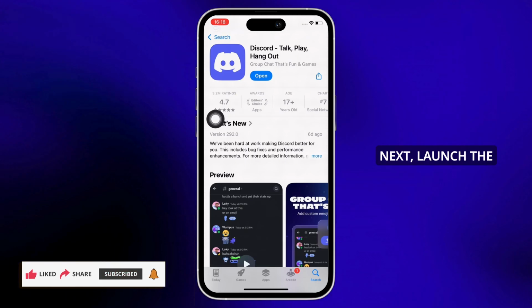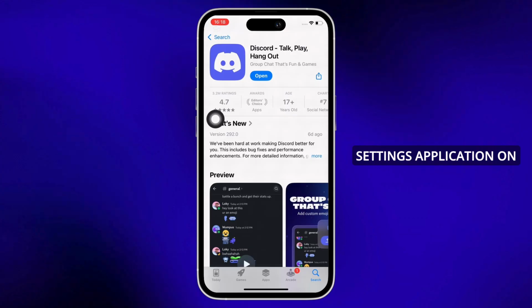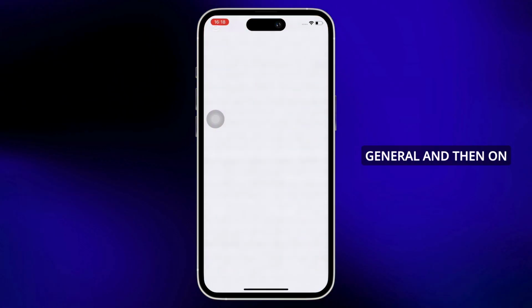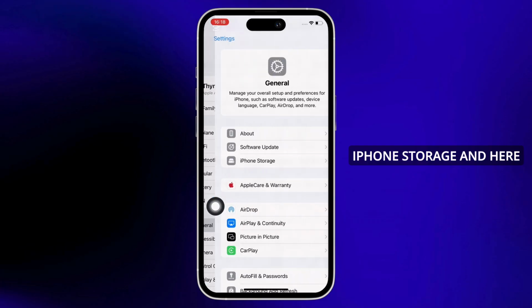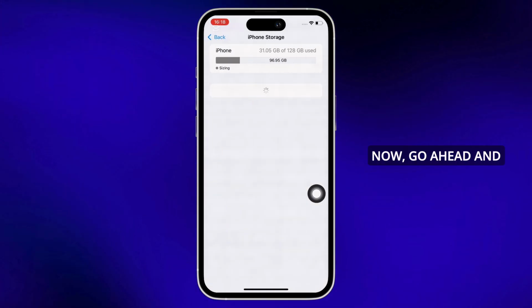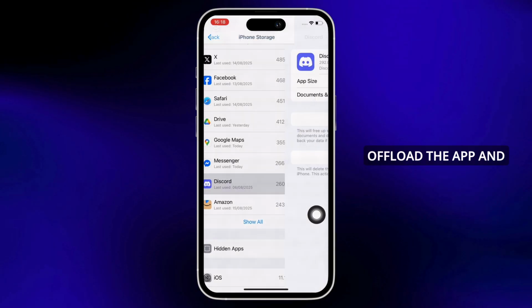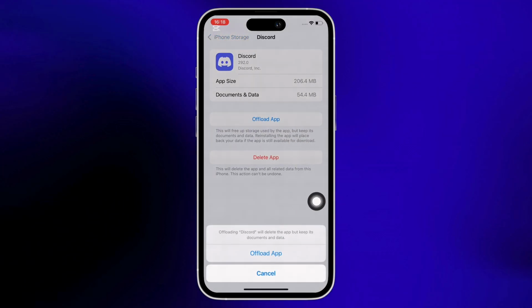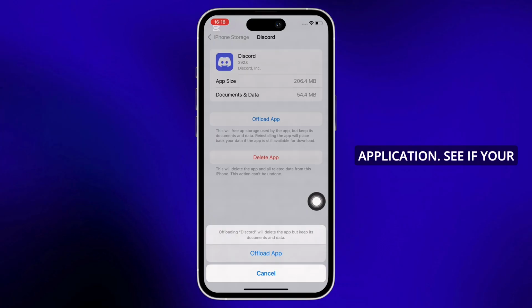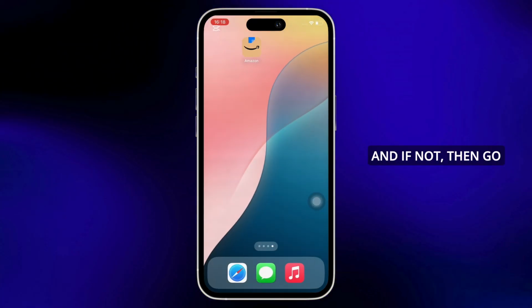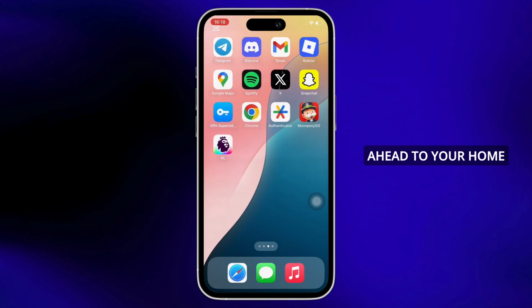further. Next, launch the settings application on your device and tap on General and then on iPhone Storage, and here navigate to Discord and tap on it. Now, go ahead and offload the app and reinstall the app again, as doing this will clear the cache in the application. See if your issue is fixed or not, and if not, then go ahead to your home screen